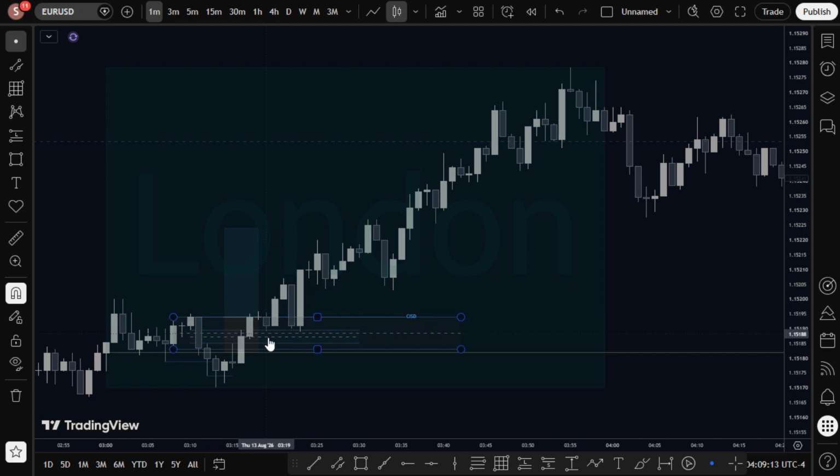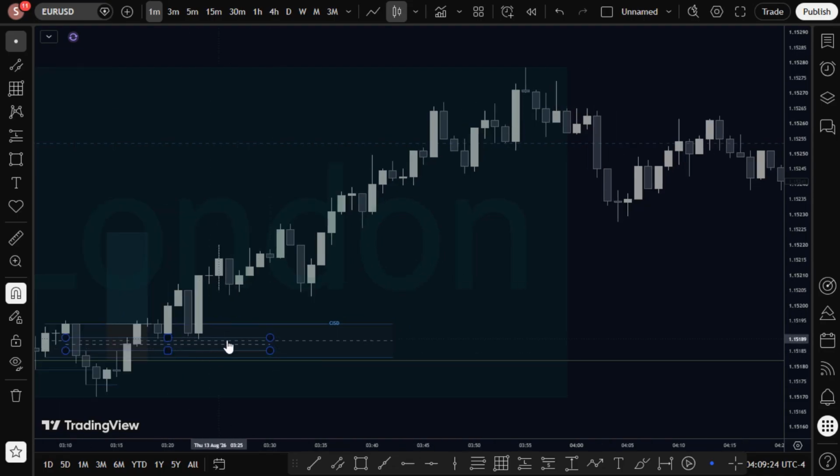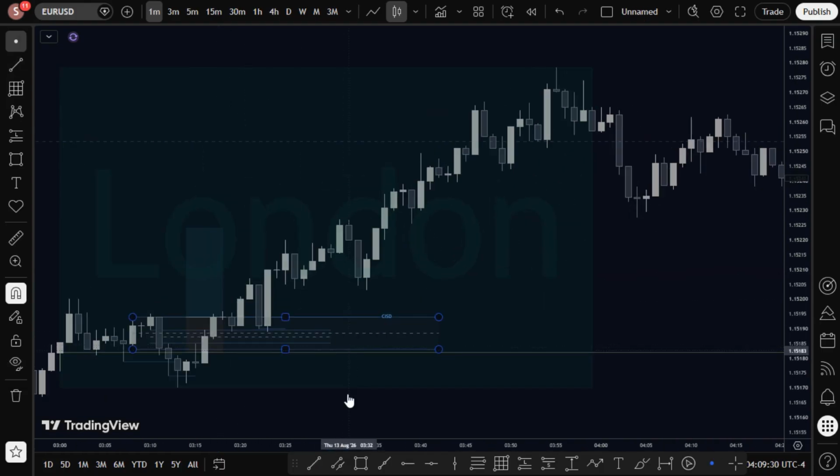You see this one that came and then this one rejected immediately. I will not enter because this is not a swing. It didn't give me a swing formation. It did not sweep this low. I need a swing formation like this. Since this one is giving me a swing formation and then price closes above, I will enter with that